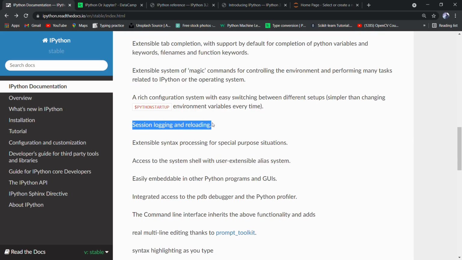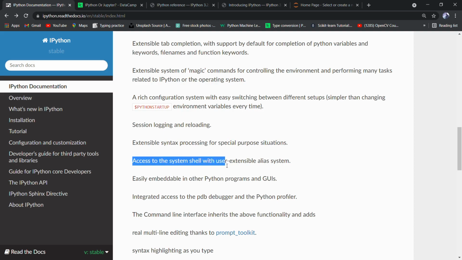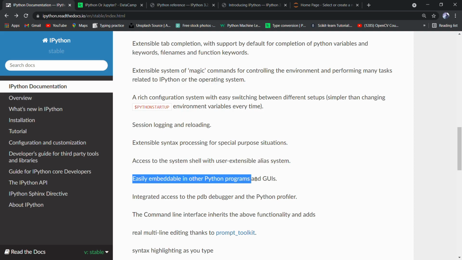Session logging and reloading. Next, the extensible syntax processing for special purpose situations. Next, access to the system shell with user extensible alias names. They are easily embeddable in other Python programs and GUIs.